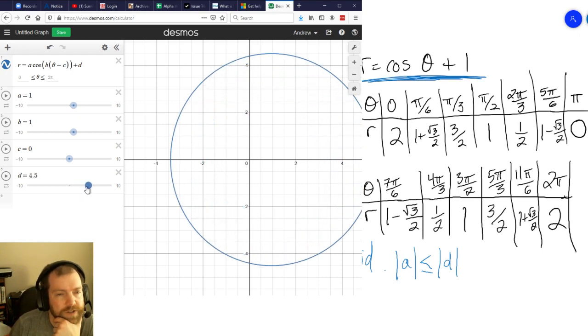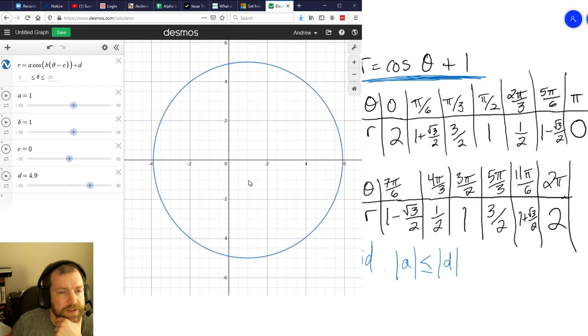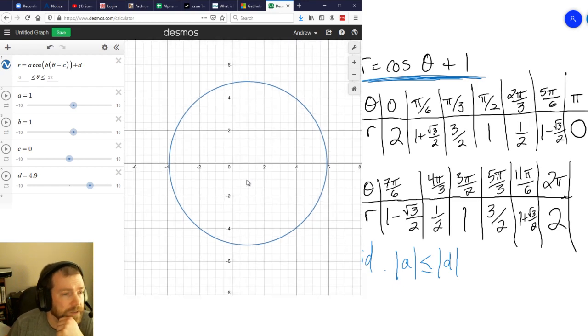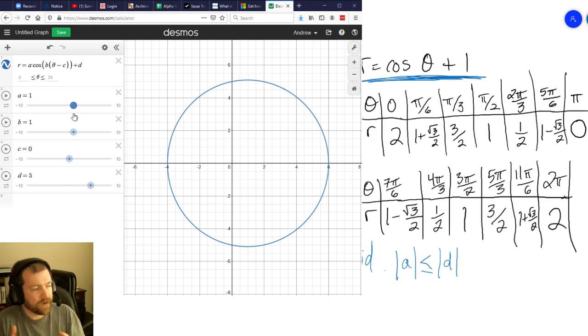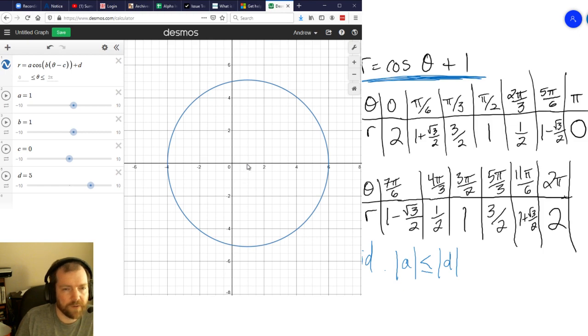And as we increase the value further, it becomes less obvious that this is in fact a cardioid. This looks like a circle at this point because d is so large and a is so small that the amount of difference that we have ends up only being a 1 that we're taking from one side and giving to the other, but the radius of this thing is 5, or at least looks like it's 5. So from one side we are going to add 5, and to the other we're going to subtract 5,